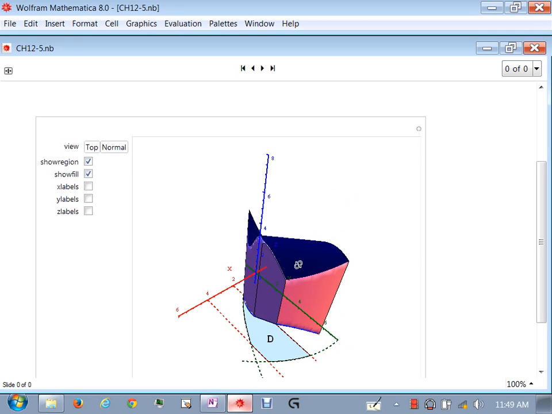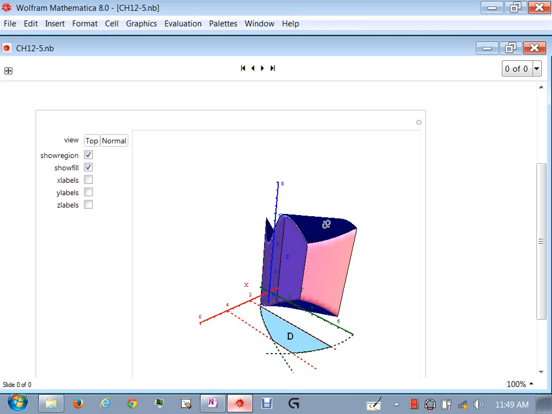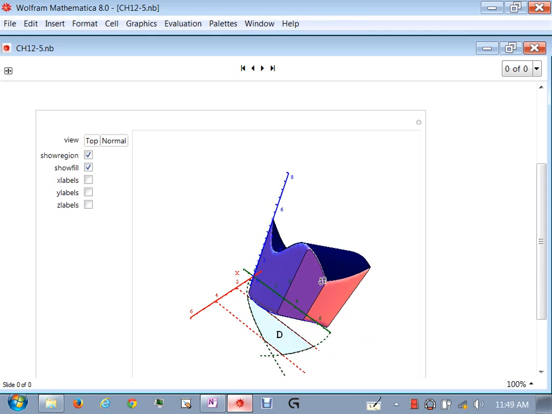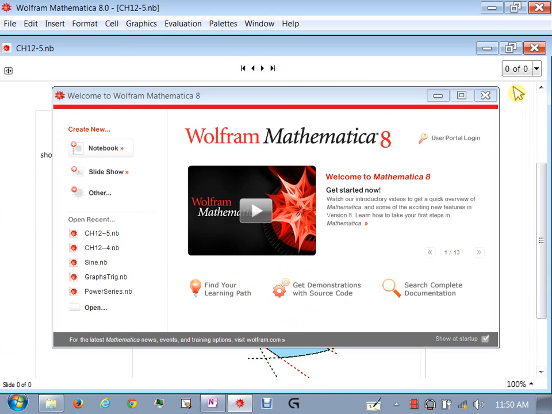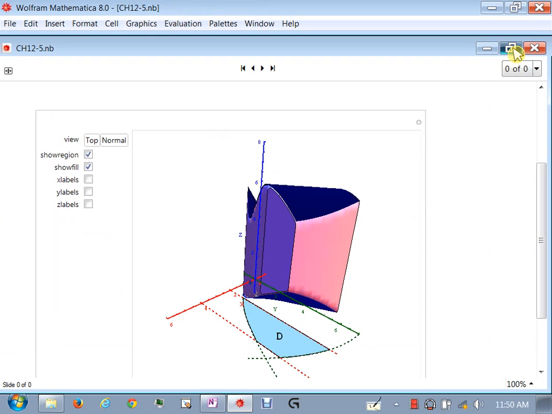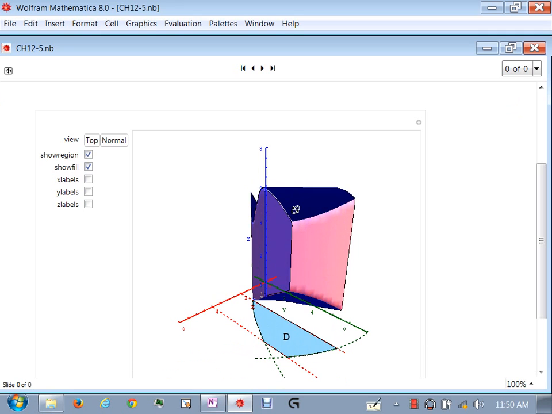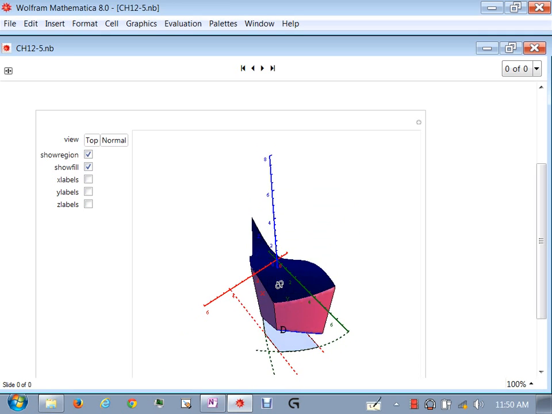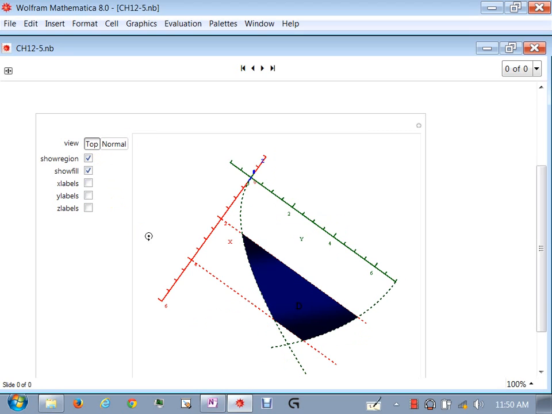Let's see if my computer can keep up with me here. That is definitely not a box, right? It's not a box. But notice, oh, hey, get out of here. Notice that if you were able to shine a light on it and look straight down on it, like that, then you would have something that looks like